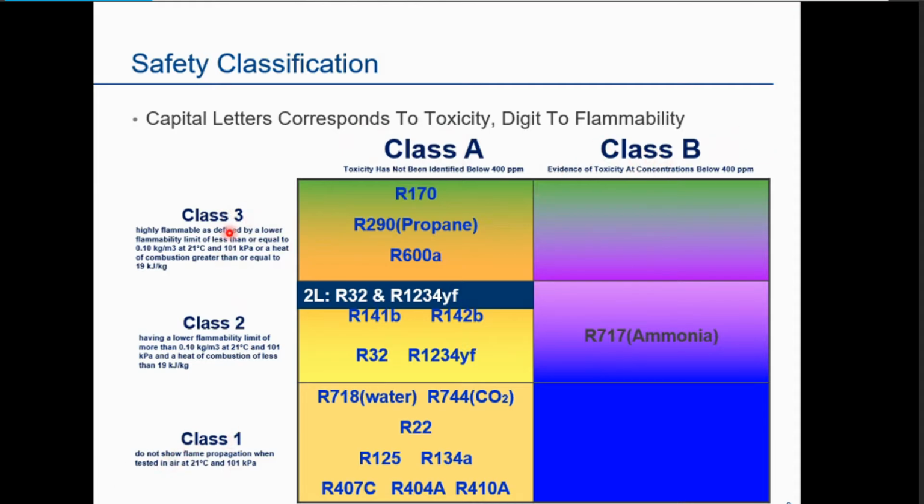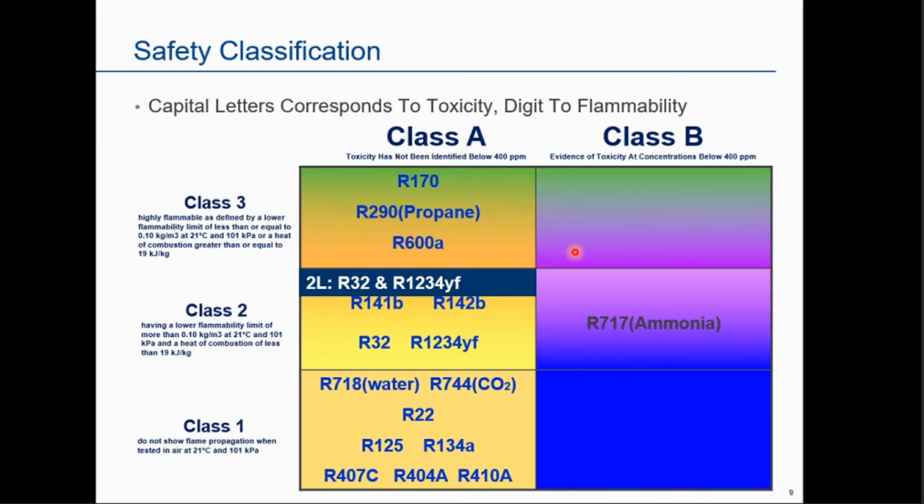Whereas class 1 defines that it is a non-flammable refrigerant. Class 2 defines it's a mildly flammable refrigerant. Class 3 defines it's an extremely flammable refrigerant. Right? So if you try to make a matrix, all of your refrigerants fall in any of these boxes. Okay? So remember, this is a very important chart when we move ahead and try to explain the alternates available to the